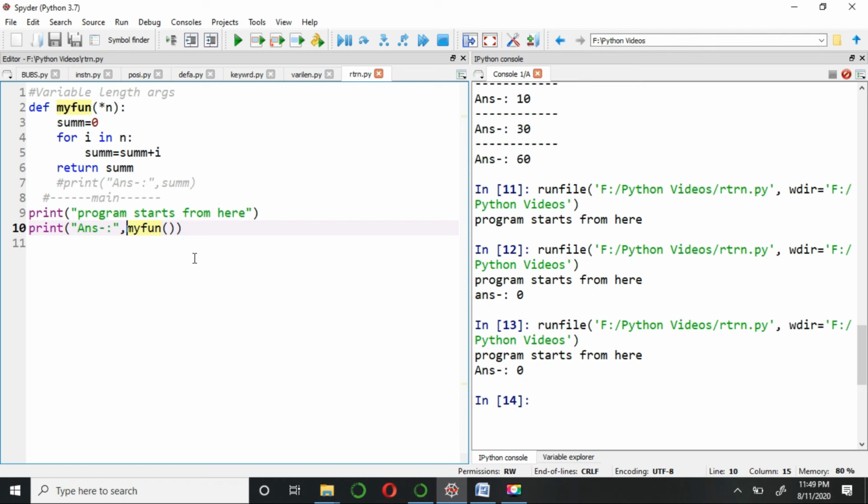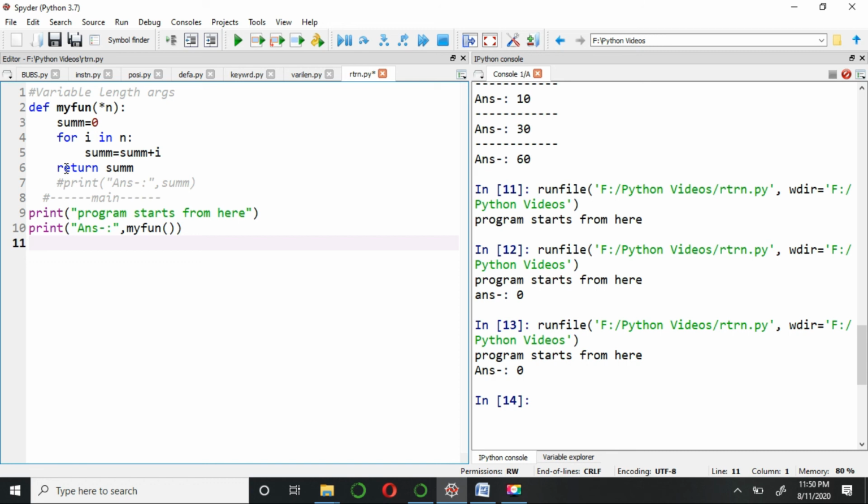What is happening here is this function is returning a value to the main part of the program. So this function goes up and performs the calculation, and in the last line it is returning a value to the function call, not to the body. This is how it works. So these are the two ways we can call the function and print the value.